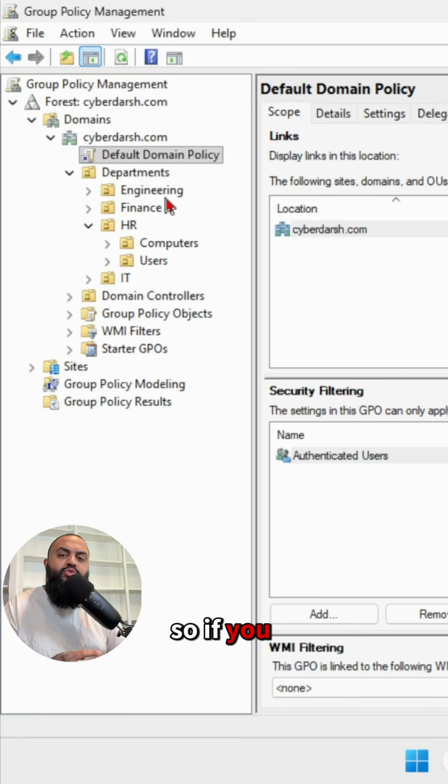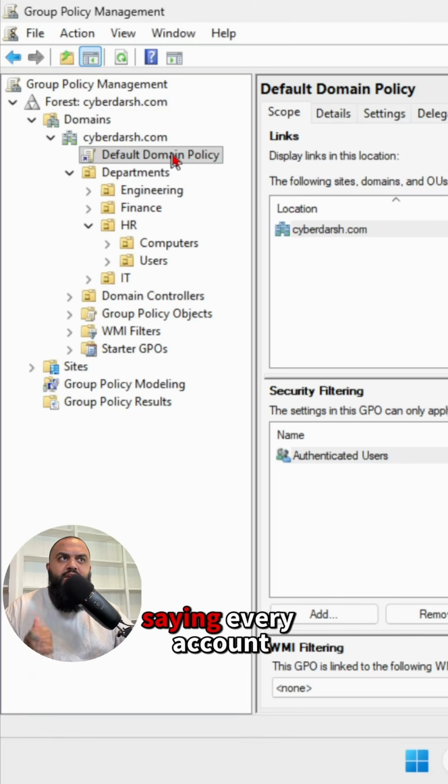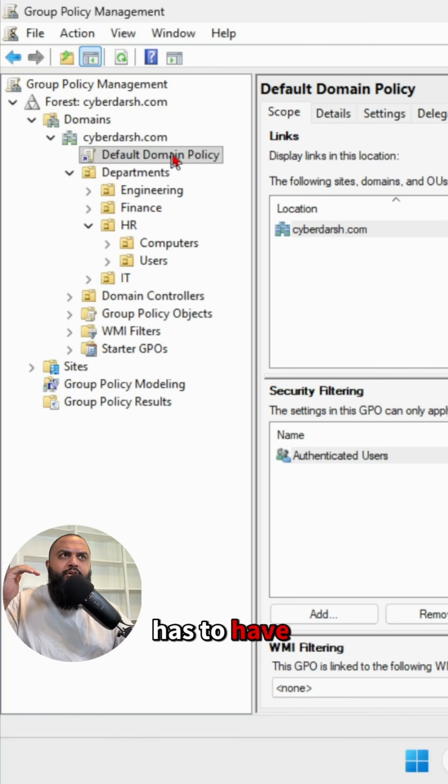setting is affected. So if you have one GPO at a higher level, right, this default domain policy, and it's implementing, let's say, a password policy. Let's say it's saying every account has to have 14 minimum characters in their password. If that setting is applied at the default domain policy,